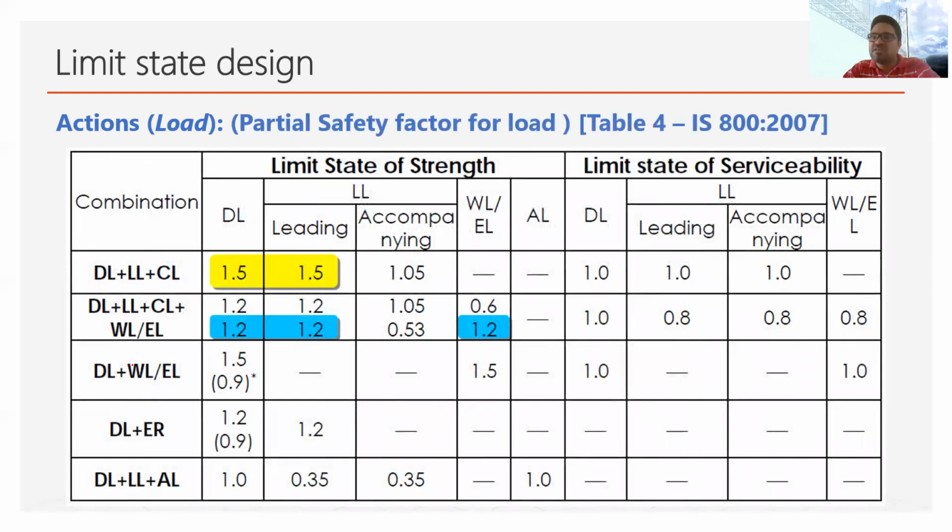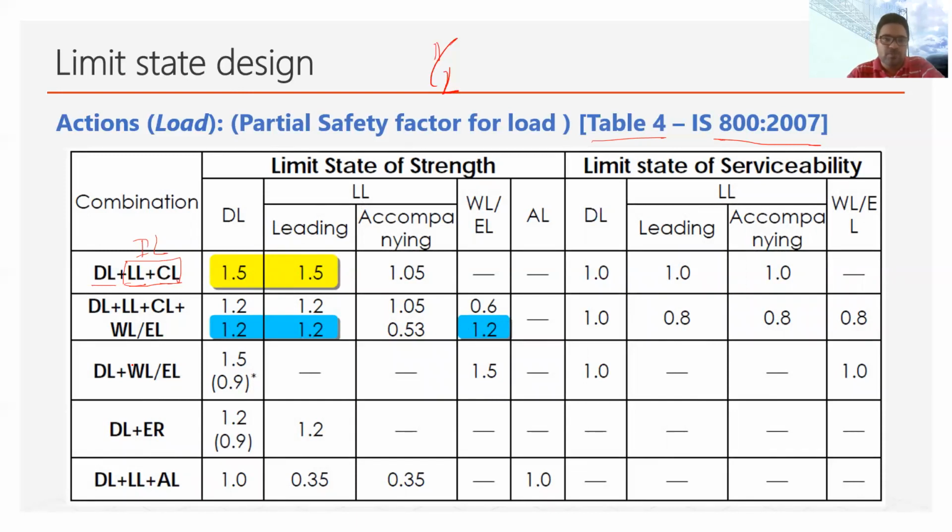Now coming to the partial safety factor. Now what should be the value of gamma L? If we need to find out the value of gamma L, well, this gamma L value is given in IS code 800:2007, and Table 4 is given in the IS code, and you can refer to the code. And here I have given the table. Well, the load here is considered in the combination DL, LL, and CL. Well, DL is dead load, LL is live load, and CL is crane load. Well, crane load can be a part of LL. These LL and CL can be considered as IL, which is imposed load.